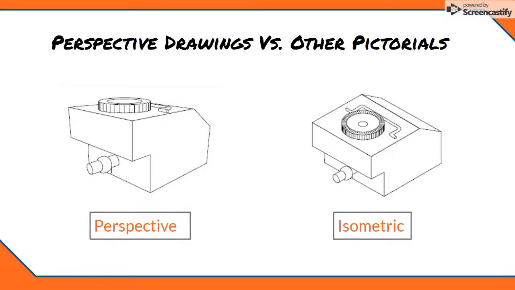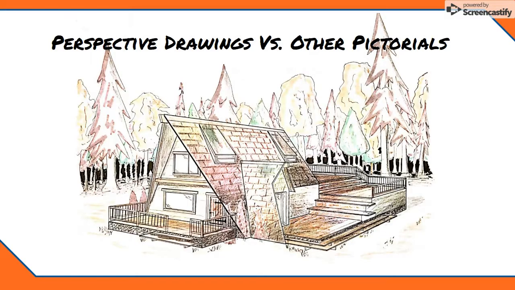Unlike isometrics and obliques, perspective drawings do not necessarily use a consistent angle for drawing lines in any of the three dimensions. This offers two disadvantages. One is that it makes perspectives a little more labor-intensive to draw. The other is that perspectives can show lines that represent the same height, width, or depth on the object, but are drawn at different lengths on the page, depending on how close or far away from the viewer they are. For this reason, perspectives are less useful for showing technical information such as dimensions, but they do offer a more visually realistic view for concept drawings.